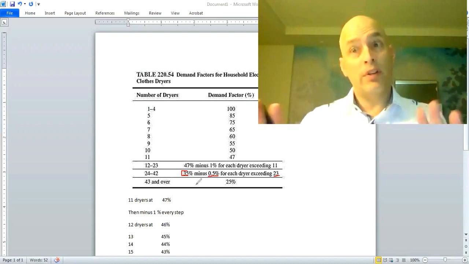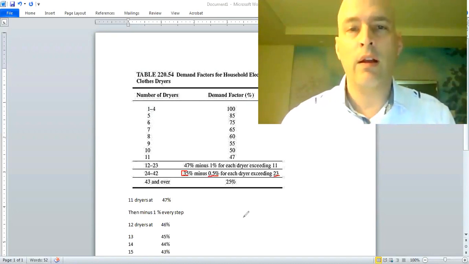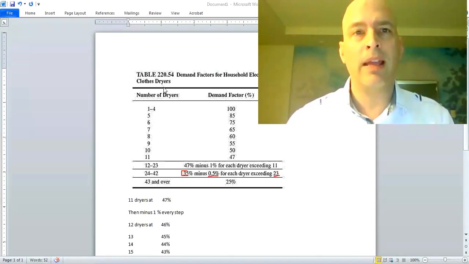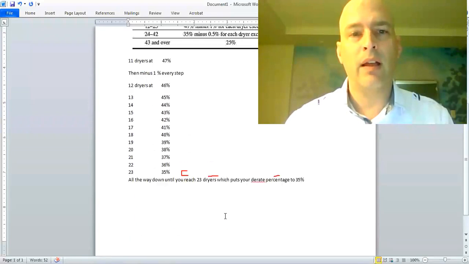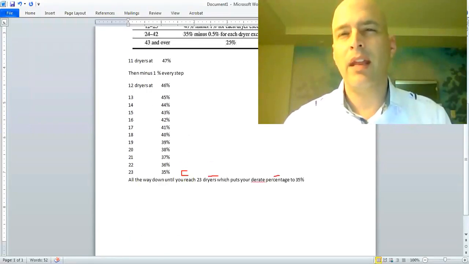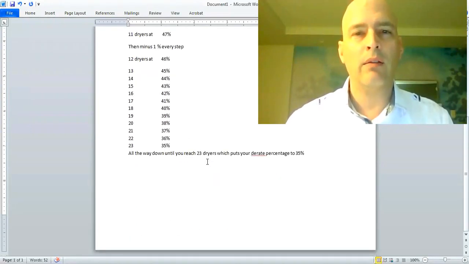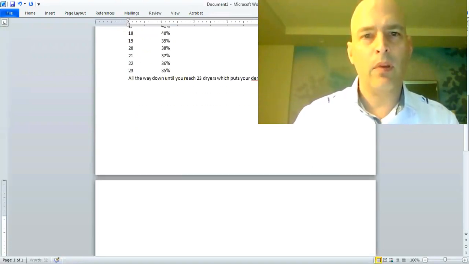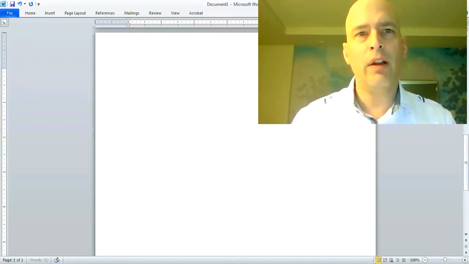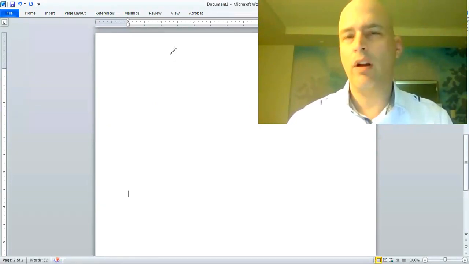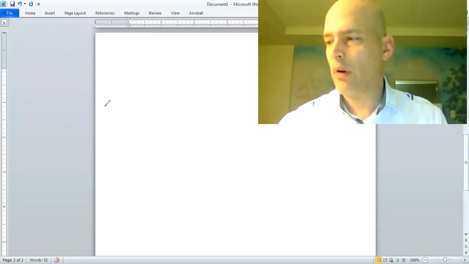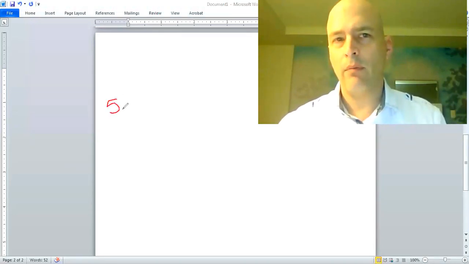All right, let me do an example because I probably lost quite a few of you there. And again, I'm trying not to overcomplicate it, but this table doesn't really make a whole lot of sense, I don't think, initially when guys look at it. Certainly didn't to me when I first looked at it. All right, let's start out with a real simple example. Let's say that we had a very simple set of dryers, 5 of them, each rated